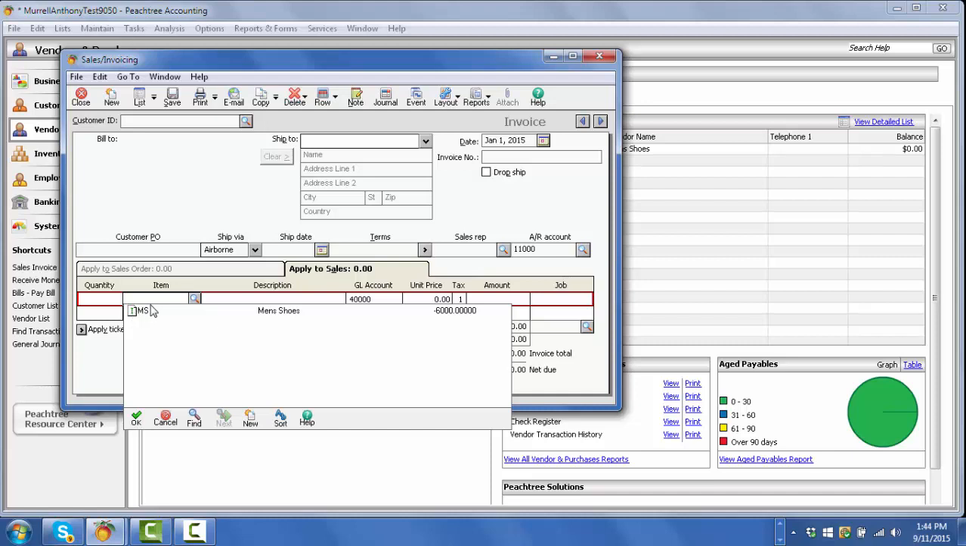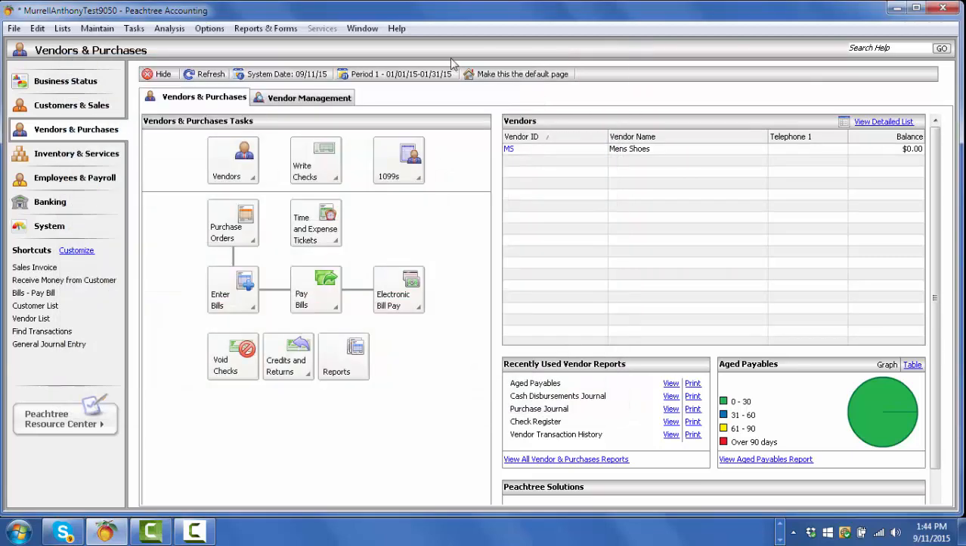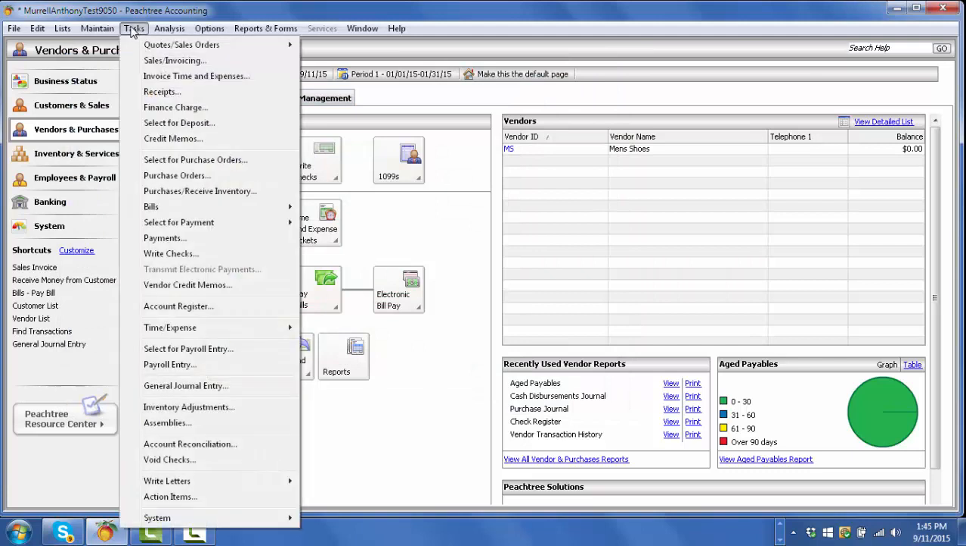So if we were selling shoes, we would go to this item and open this up, and this would be the sale of shoes. The description would come up, the amounts, and so on. All of this would be set up when we set up the inventory in that maintain inventory screen. Right? So this is sales. If we go to the task for